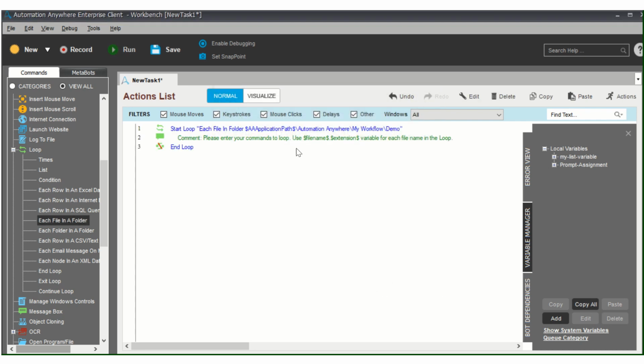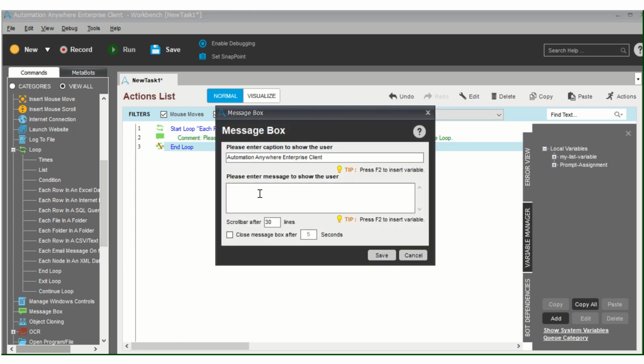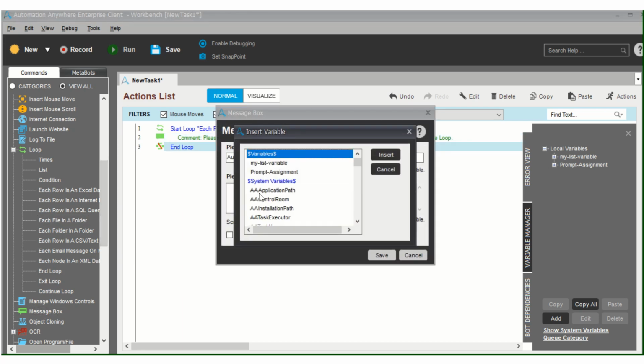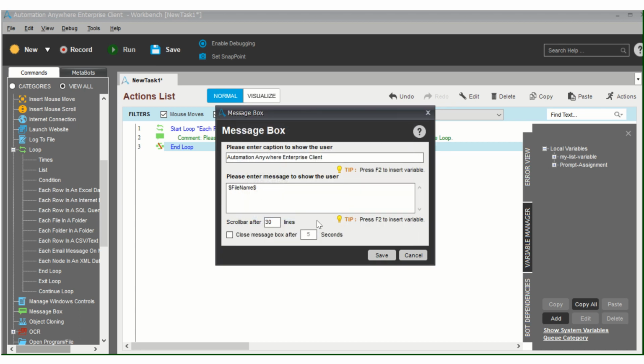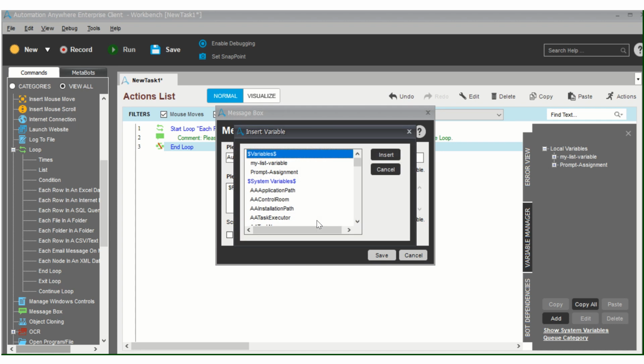Okay, so while iterating over this folder, we can use this file name and extension variable to get the file names. Let's use this inside a message box. So this file name variable, with the dot and then the extension variable.